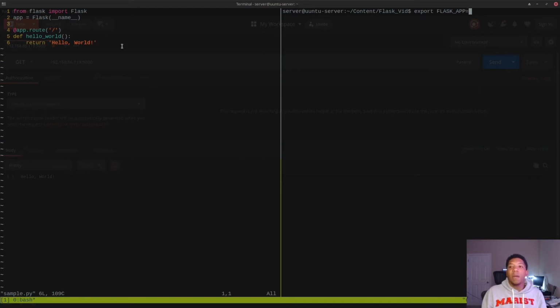And you have to set it equal to whatever the Python file is that you're going to run. Mine is named sample.py, so I'm just going to do sample.py, and that's going to be it. I'm going to hit enter. So now I've set my environment variable, I have my Flask app, and now what I can do is actually run Flask. I installed Flask with pip, so all I'm going to do is python -m for module, and I'm going to tell it to run the Flask module,